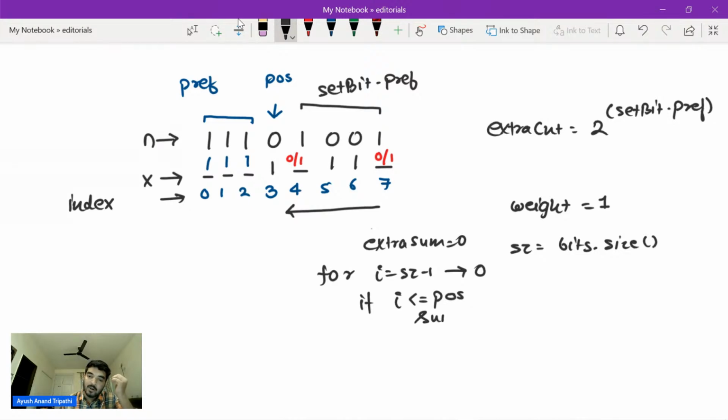So my extra sum, initializing the extra sum with 0, and extra sum plus equals to, let me change the color. So extra sum plus equals to the weight, and every time I will update the weight. So weight of a bit multiplied by extra count. So weight multiplied by extra count. Cool. And if that is not the case, that is